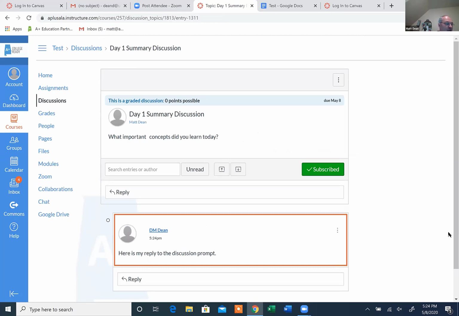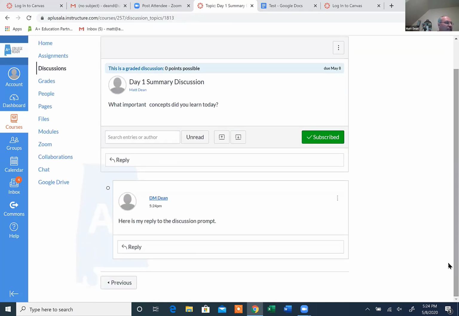And that's it. Once the due date for the discussion board is over, since we set the peer reviews, the computer will automatically assign them a couple of people's discussion posts to read and respond to. So hopefully that will